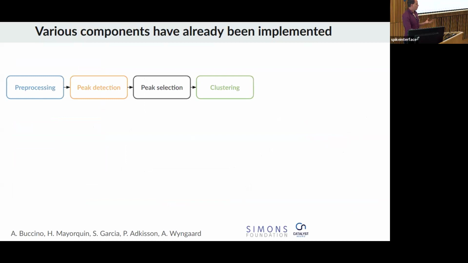We need to cluster to get some templates. And once we have those templates, we need to reconstruct the signal as a linear sum of those templates with some mathematical steps called template matching or deconvolution, you name it. And at the end of the day, when we have explained our signal as a linear sum of templates, we need to maybe do some meta merging or cleaning to consolidate, and maybe some cells have been split, so we need to group them all together and so on and so forth.